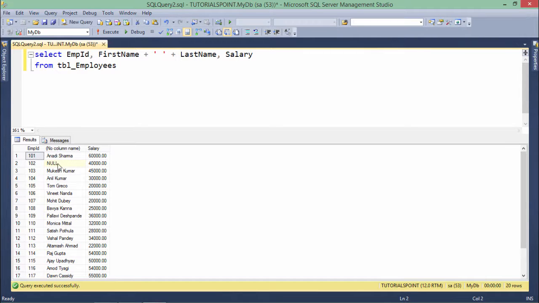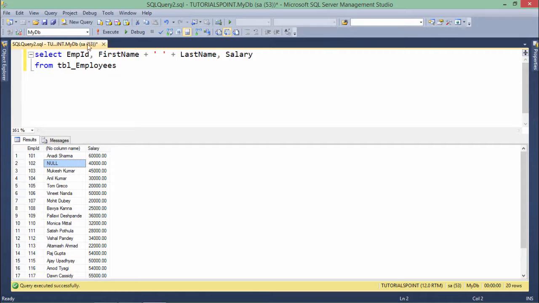Now you can see there is an employee ID 102 whose name is coming as null. Why? Because if you notice, the last name of that employee is null. Null is an unknown value, so if you do some operation with an unknown value, the result will be unknown. So anything operated on with a null value will always return null. Logically, I will show these functions which will help us in these cases later, but